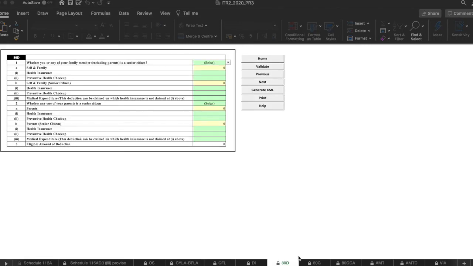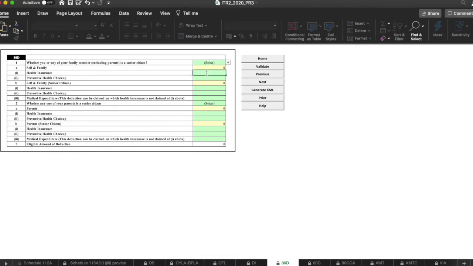Next is schedule 80D. There you can update the insurance premium paid for yourself and family, and if for your parents, you can mention that here. If your parent is above 60 years, then you can claim up to 50,000, and if it's for self and family, up to 25,000 you can claim.